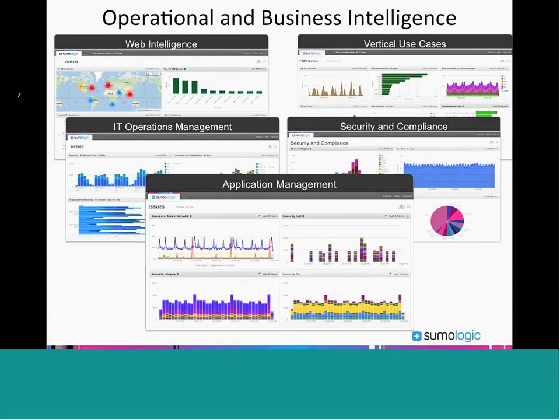Like I said, if almost everything in your business is going through these computers and all the different software components are logging all of this, then by really understanding the logs, you can really understand all the different aspects of your business. So this can be a big challenge. A moderate-sized enterprise can easily generate terabytes of logs a day, and it's difficult to have the infrastructure in place to handle just the volume of the data and the different kinds of logs that are being emitted by different components. That's where a solution like Sumologic steps in, where we handle some of the difficult parts of that so you don't have to.